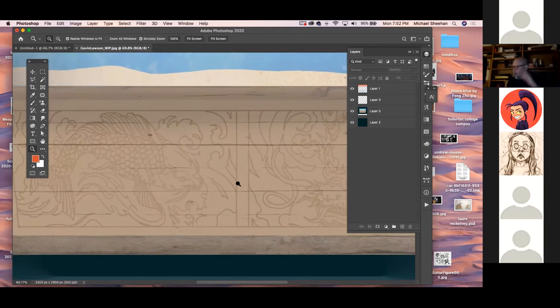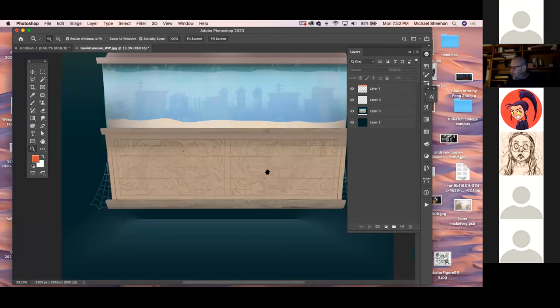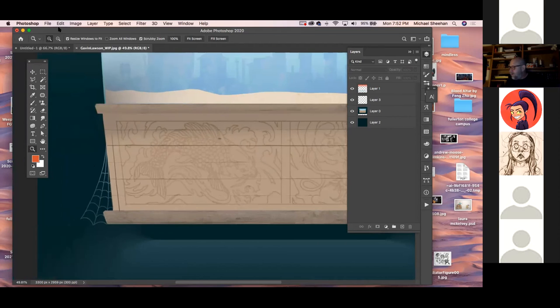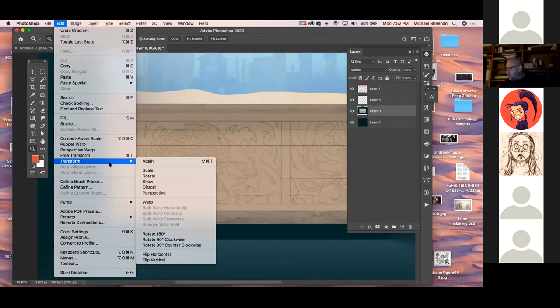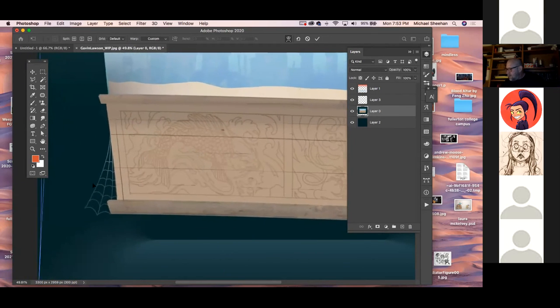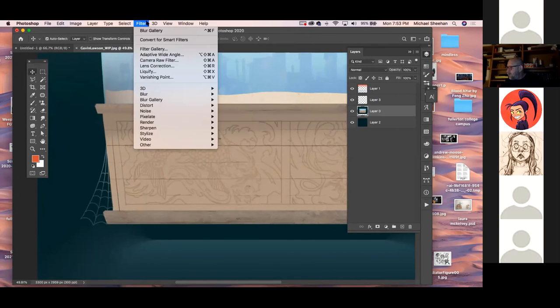And make sure you're doing everything on different layers. Like here too, if that's on its own layer, I'd probably come in here and there are a couple things I could do. Let's see if this works. It had to be on its own layer. It's not letting me do it, but I could go on my own layer with the warp tool and I could warp that so it's not so perfect. I could also go in here